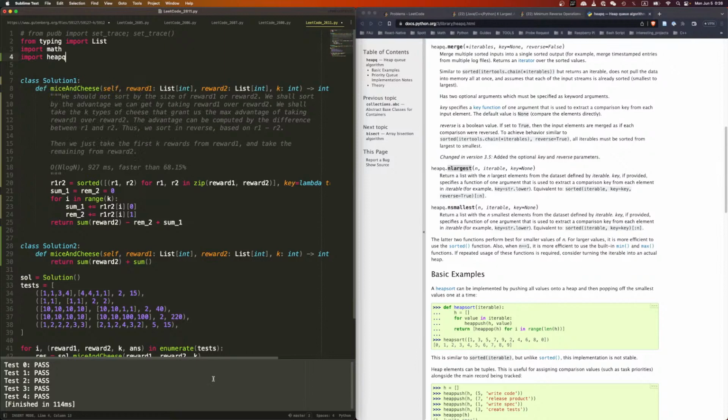Import heap queue, sum heap queue dot n largest, k largest, and then we say for this thing,